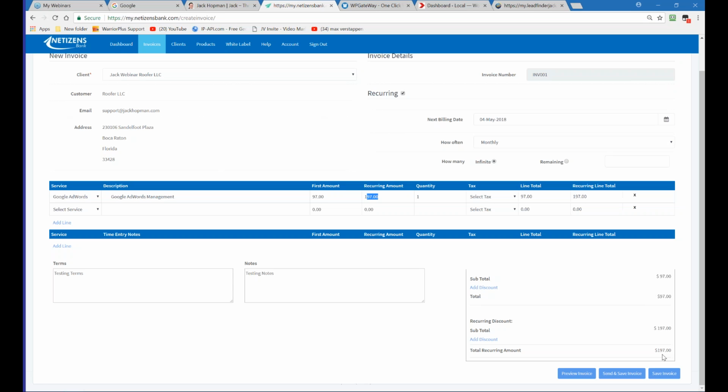So once you add the client, you send the invoice. If you add the card, it will charge the card. If it hasn't added the payment method, it will send the link to add the payment method, and then it all goes automatically